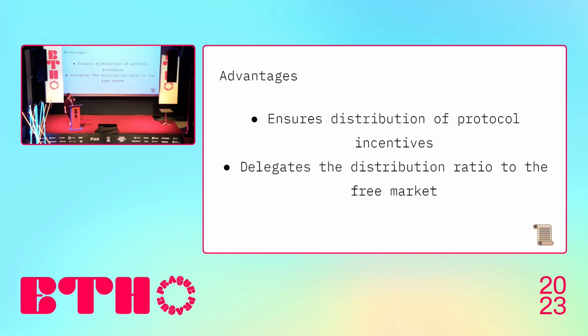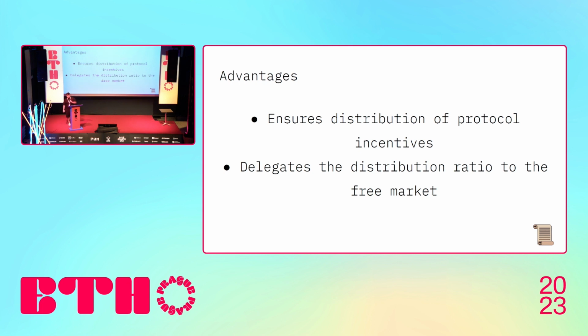So one, it ensures that the distribution of the protocol incentive is somewhat done in a fair way. And also, it's defined by the free market. So essentially, you can think of it as we don't actually define what the incentives are to each, but the market decides what the incentives are. And because in an auction you're incentivized to bid as much as you can afford to bid, it's likely that in most scenarios, most of the profits are going to go to the provers, the way it should be, because the provers are actually much more costly to run. So yeah, this is the general idea.